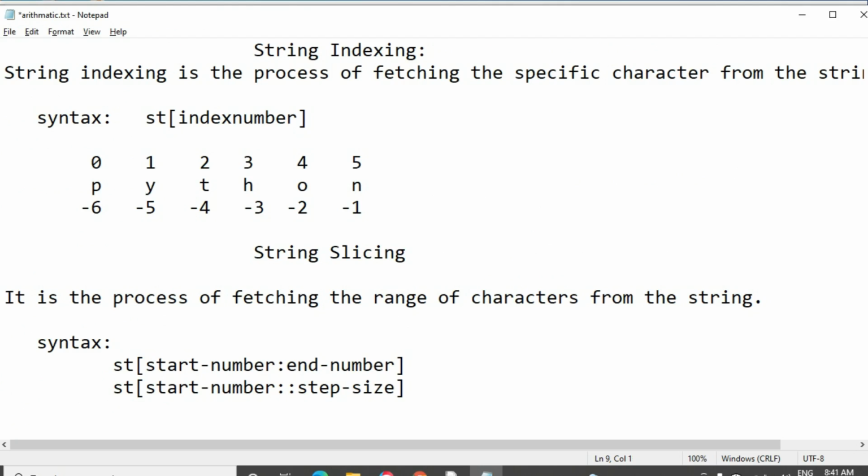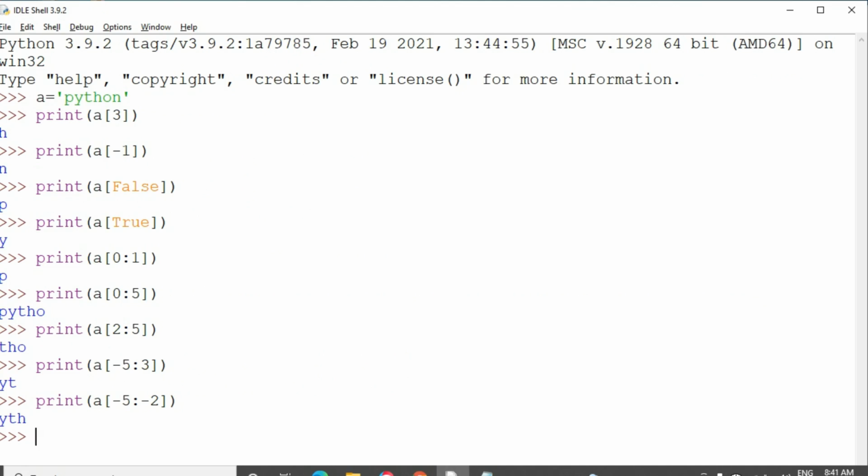Minus 5 is Y, and then the n number is minus 2. Minus 2 means before the minus 2, which is minus 3. Okay. So YTH has come. We got YTH. Okay.